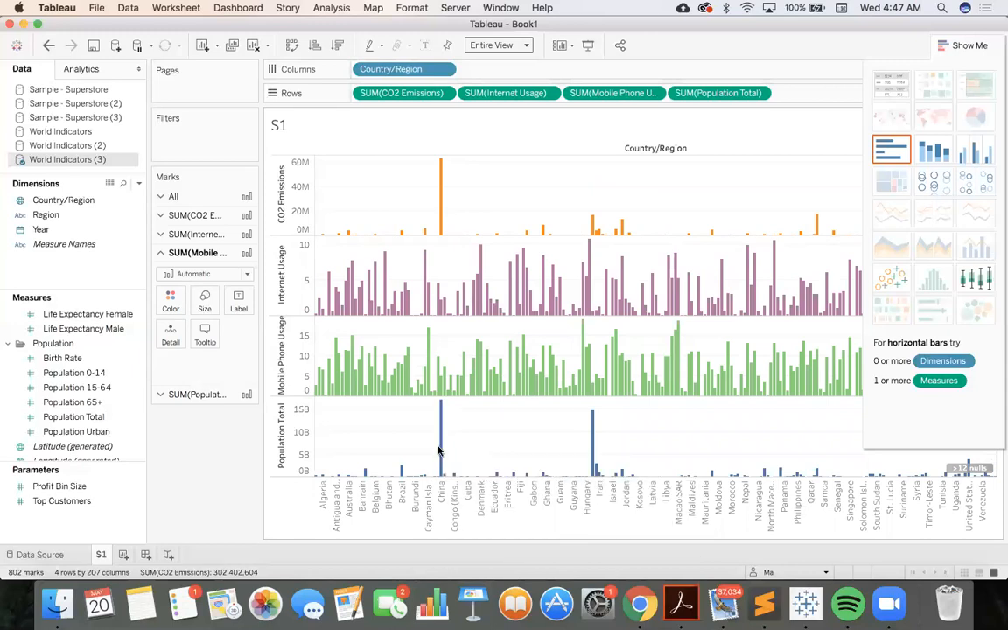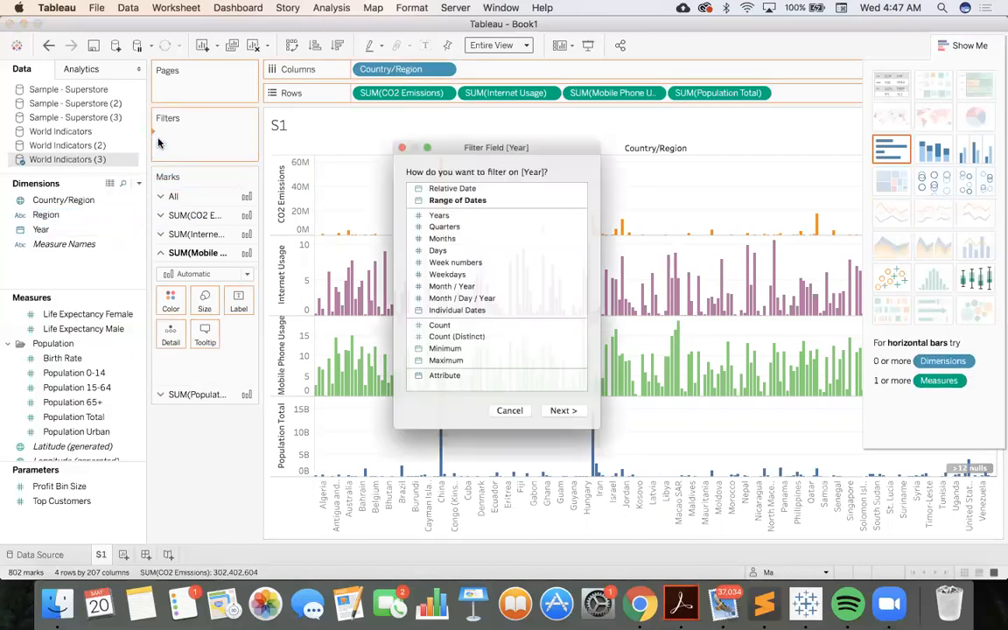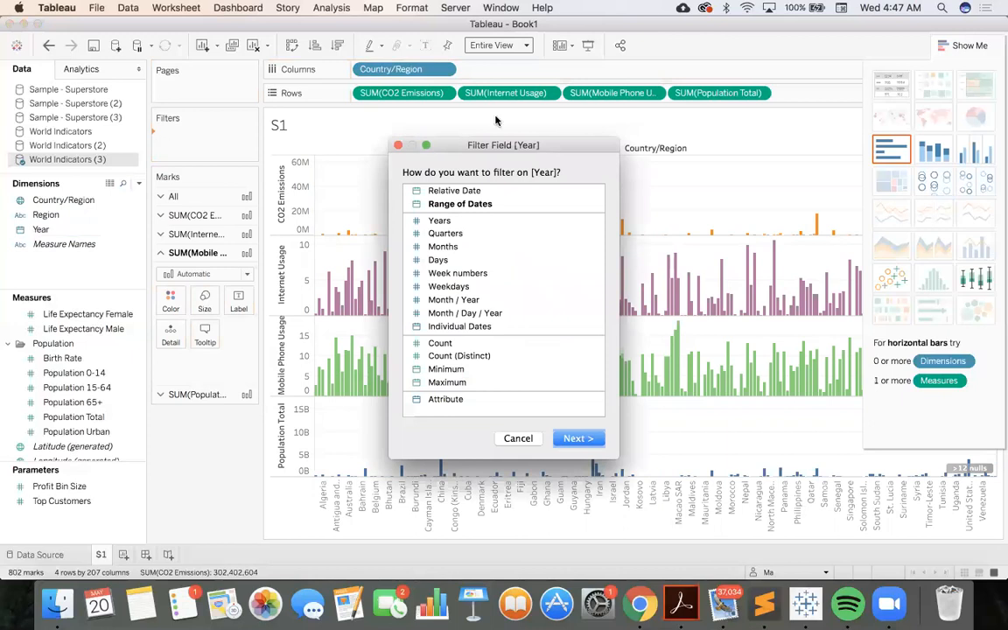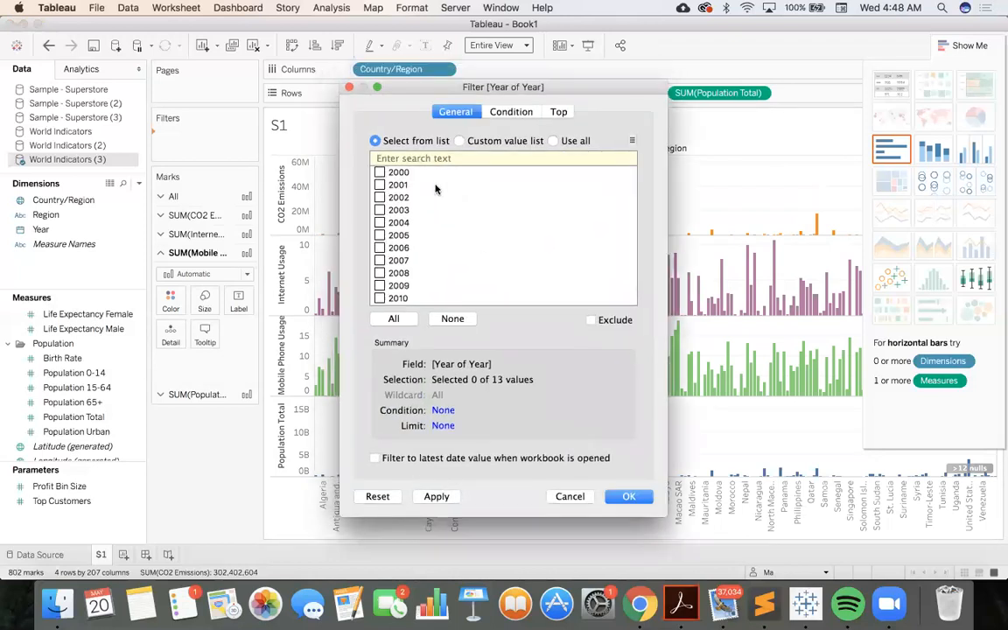Okay, and now we're gonna add some filters. Since this is an aggregate of data over time, we wanna add year. So I'm gonna drag year over into filter, and it's gonna ask me how I want to filter on year. I could choose year, quarters, month, days, all these different levels of granularities. For our specific purposes, I'm going to choose years, and then I'll go to next, and then I can select,